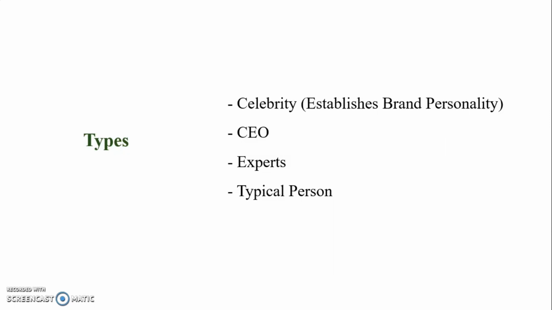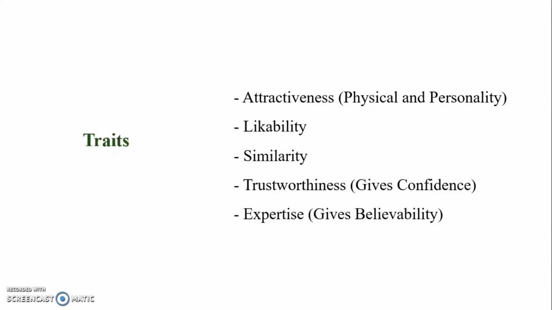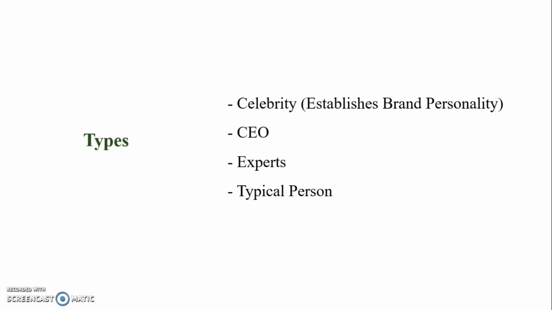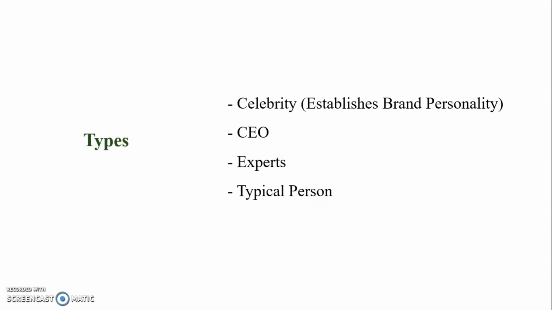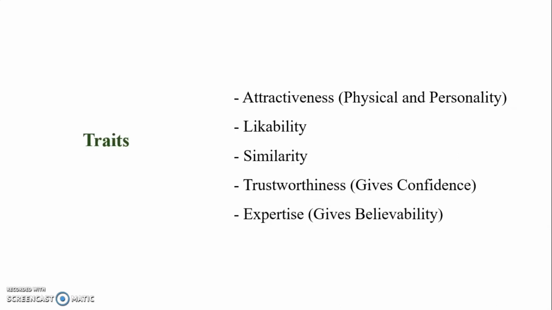I want you to understand that all these traits may not be available, or you cannot see all these traits in all of these people. A celebrity may have attractiveness, a celebrity may have likability, but he may not have similarity, trustworthiness, or expertise. In the same way, a CEO may have expertise and he would be trustworthy. He may have the similarity between his values and the product he is referring to, but he may not be